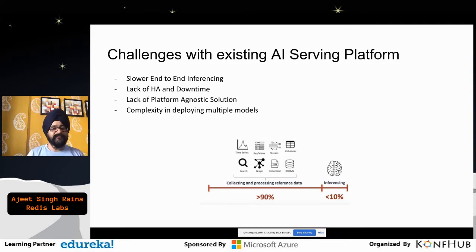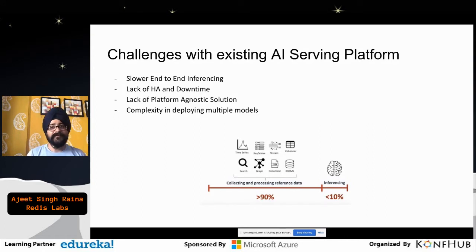The other important factor is that inferencing is definitely one of the most challenging things we have today. Even vendors like Nvidia have been coming up with AI platforms like Jetson Nano. It solves the problem, but not 100% of it. The problem of inferencing will still be there, because your data has to stay very close to where your database is, or where your models are deployed. Right now, your models or the inferencing might happen outside the database.